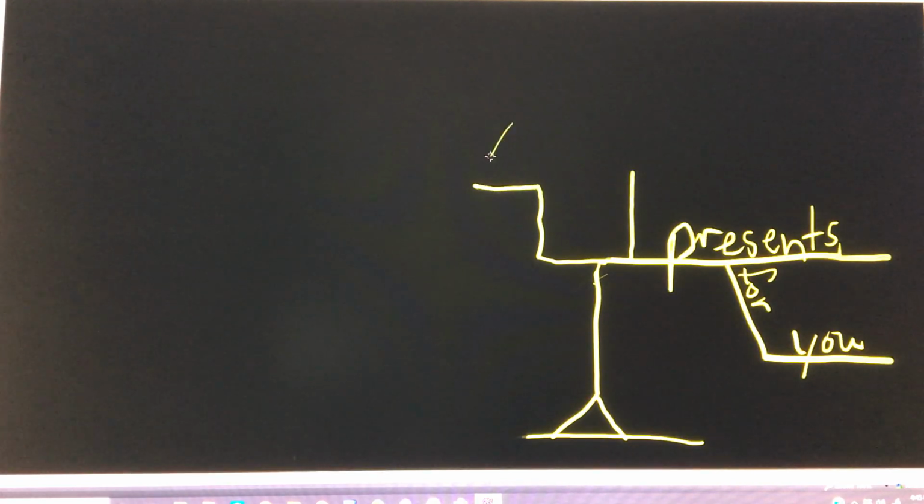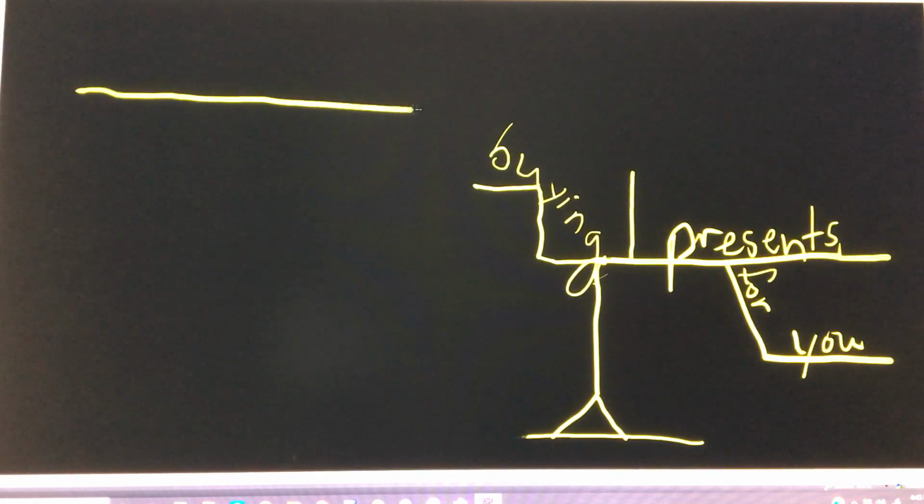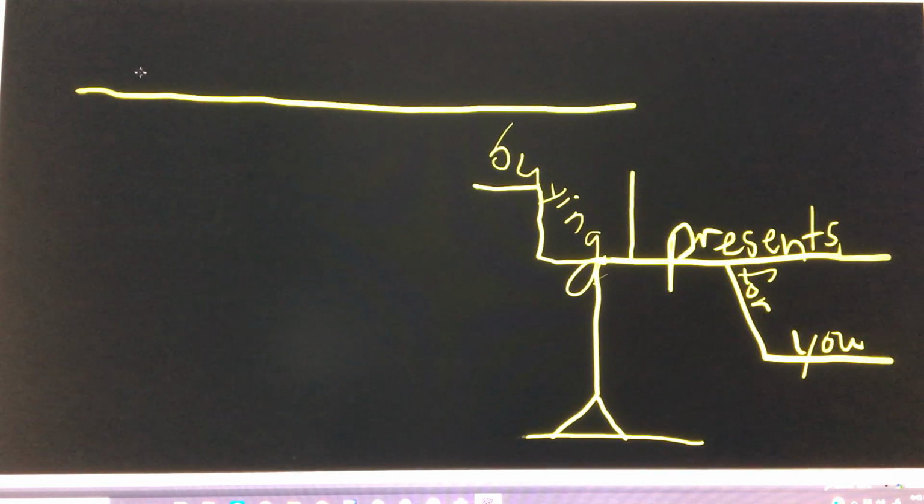So if we put it back here, put our gerund buying back here, and work out another sentence that it could belong to. For example, I set aside time for buying presents for you. So here, you would have the subject is I, and what did I do? I set